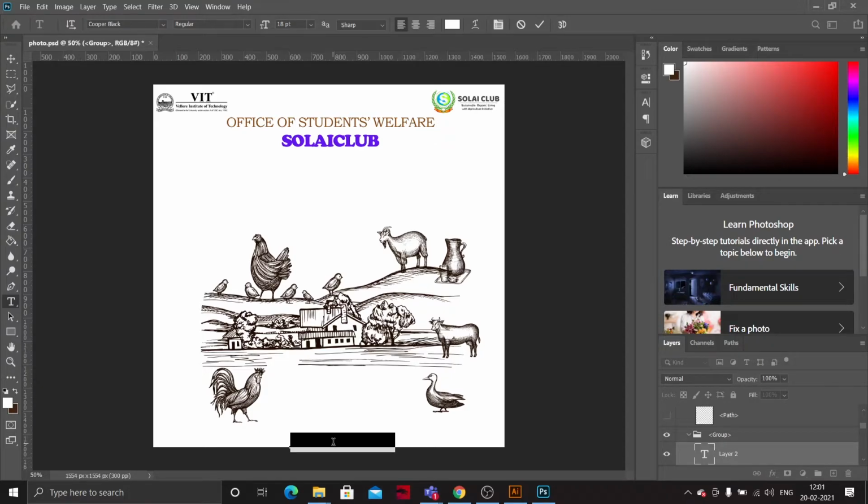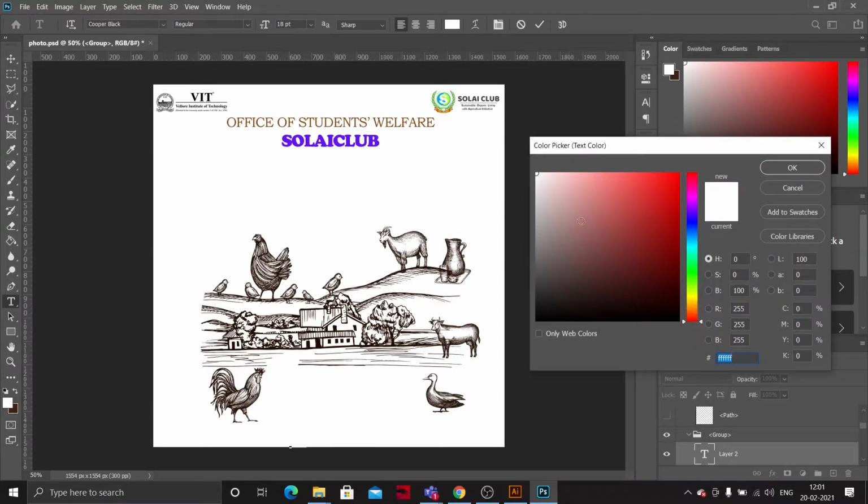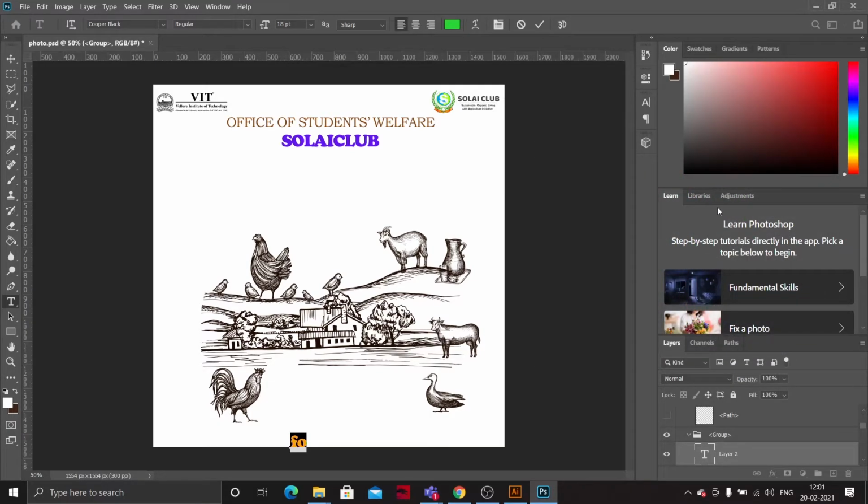Let us type that. For kids on white, we'll change the color to something like, okay, for more information contact events.sw creative dot ac dot in.